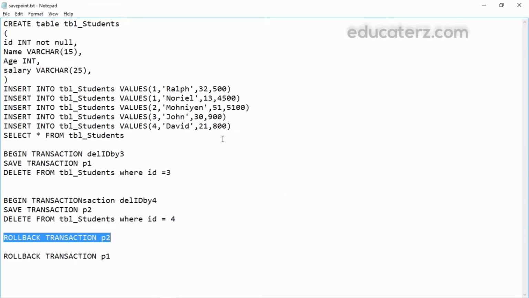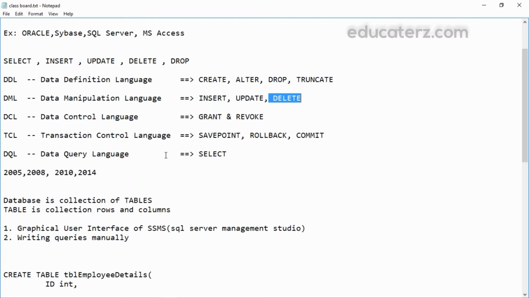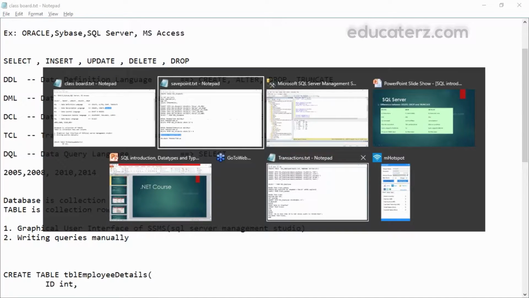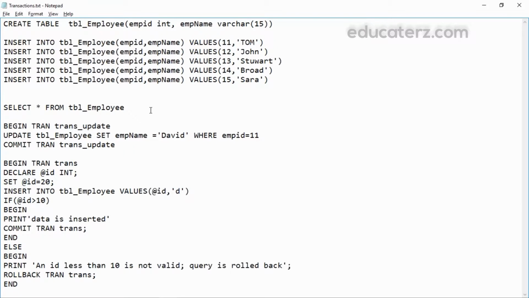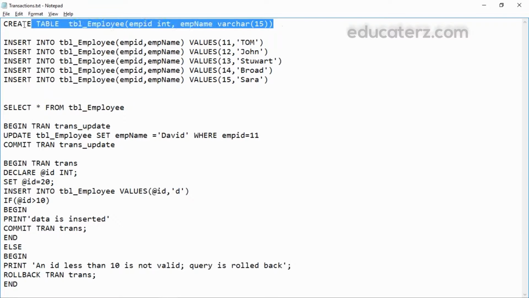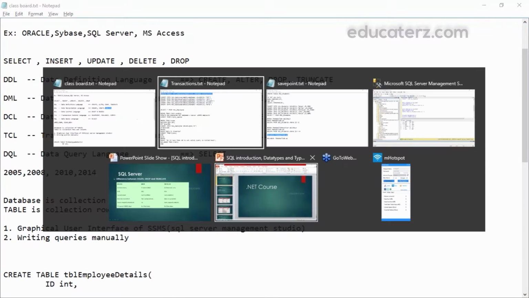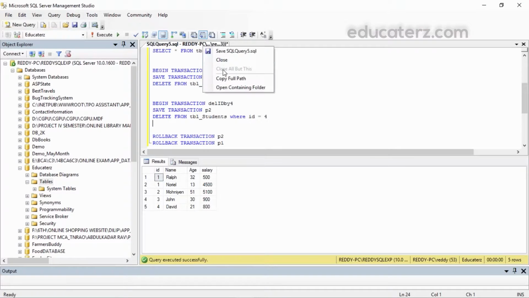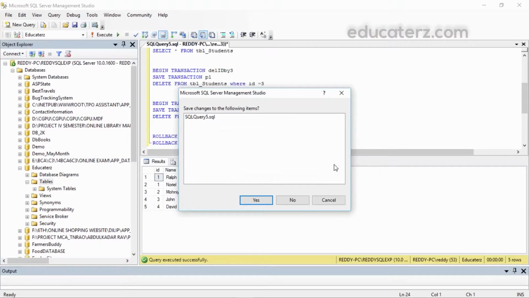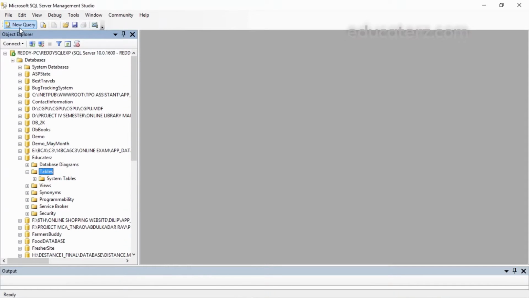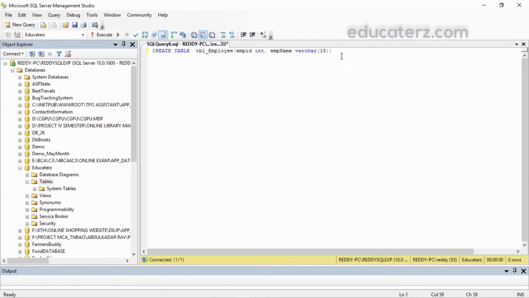Now let us go with this one, rollback and commit. An example I have. Let me take this table. Go to SQL Server Management Studio. Close this. And I want a new query.